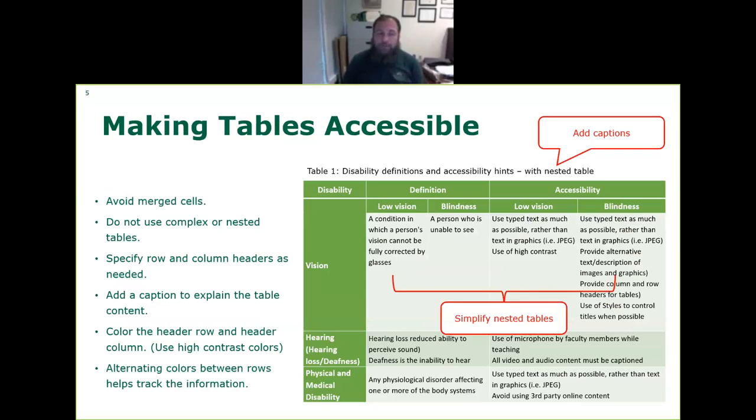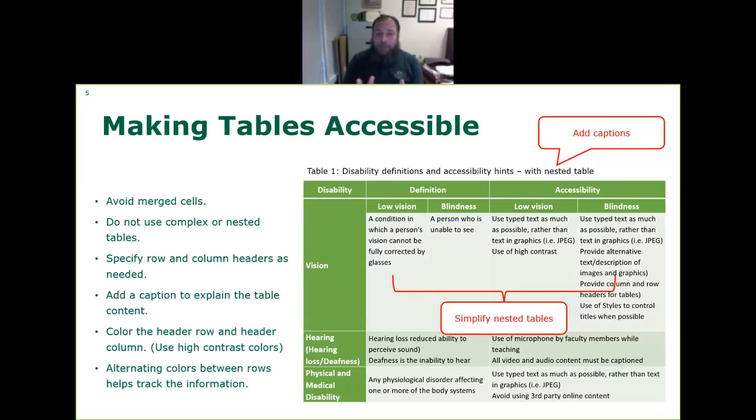So how can we make this accessible? We have some bullet points here. First, try to avoid merging cells. The screen reader, of course, is software that is used mostly by blind users. It will explain everything on the screen, on the table as well, if it was prepared well. So when it comes to a merged cell, it will say, for example, low vision, assuming low vision expands 2 columns. So that's kind of confusing. It will read it and explain it, but it will end up kind of confusing. So we advise to avoid merging cells.